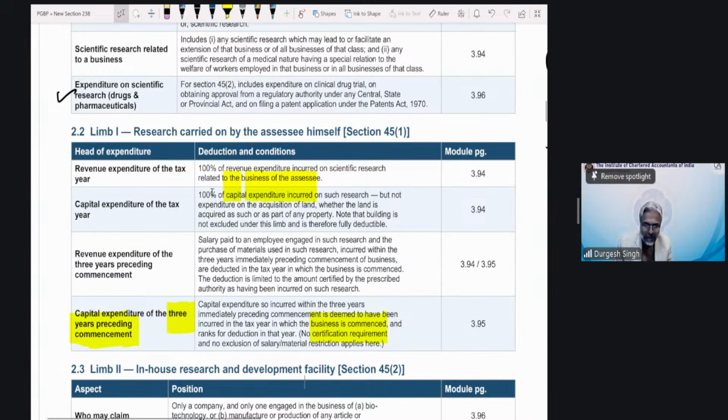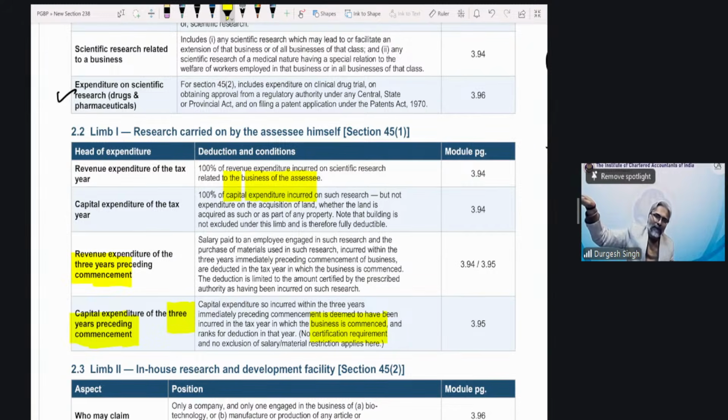But those who say that, sir, what about if the business is not yet commenced? Then no PGBP will be computed. Isn't it? And you are incurring the expenditure already for scientific research purpose. Say, for example, you want to start the research first, and once you do the research, there will be a breakthrough, and once there is a breakthrough, then only you will commence your business. So if this is your cycle, first research, then a breakthrough, and once you get a breakthrough, then you will open up the business.